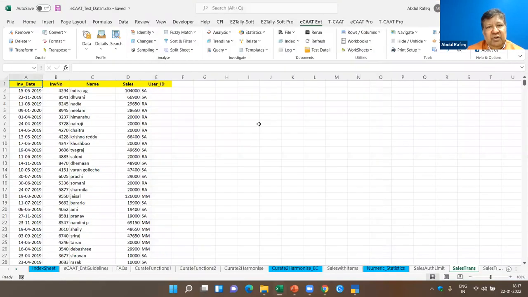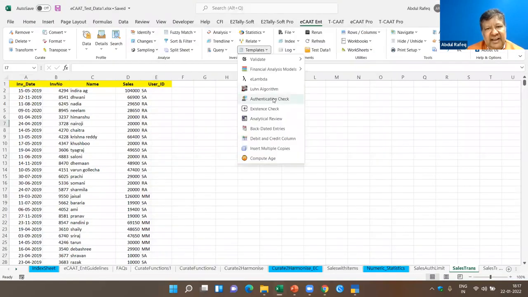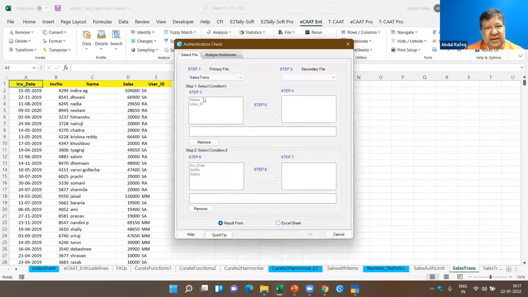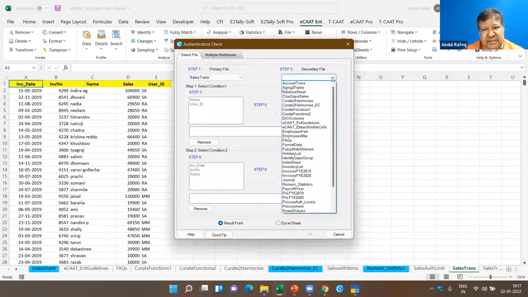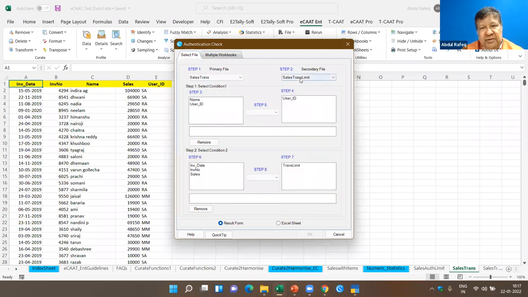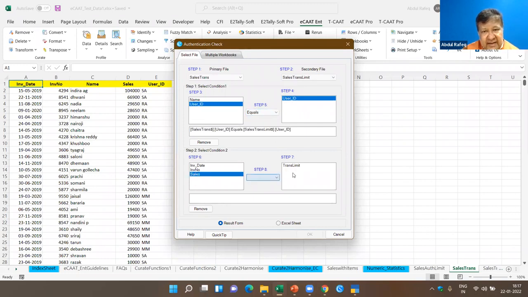Now to do this simpler, we have got one function which is called the authentication check. Here, what I do is I have got the sales trans. I do the same analysis. I pick up the sales trans limit. So it's important to select the right file. I say user ID, step 4, user ID, step 5, I say equals. This is what I got. Next, I wanted to find step 6 sales, step 7 is trans limit, and I say greater than, which means where the sale is greater than the transaction limit, which means I'm doing a complete authorization policy check